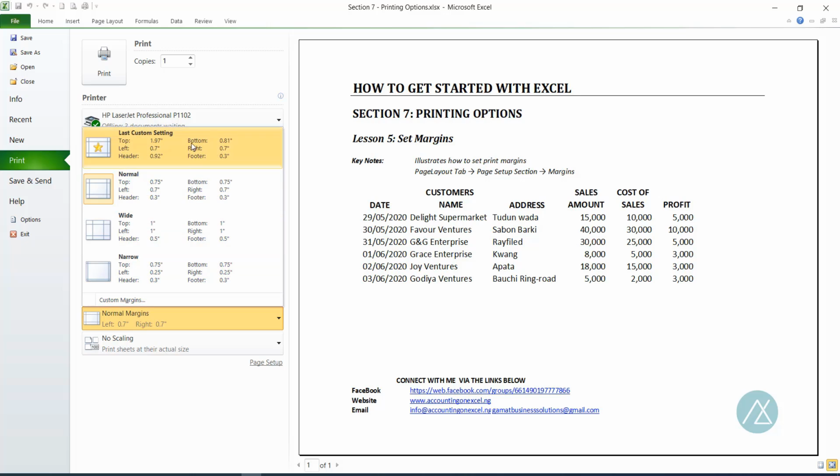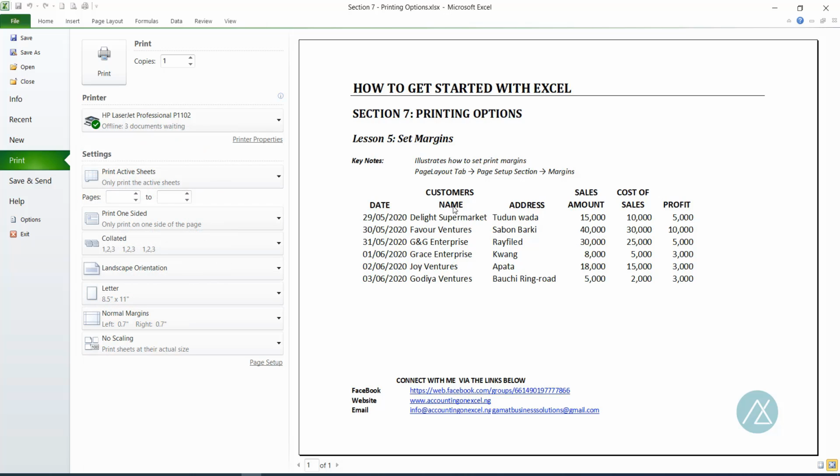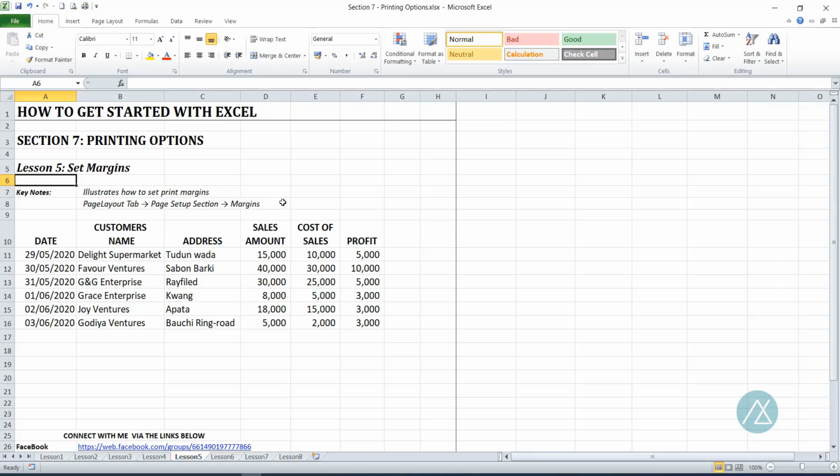The same options that were displayed when we used the page layout tab are also displayed here. You can also click on this for custom margins. When you are done, you can now click on your print option, and there you go. So let's go back to the worksheets area. Good. So that's how you go about exploring the margins option and how to set your margin before printing out